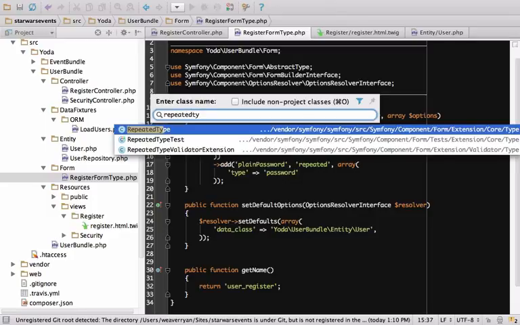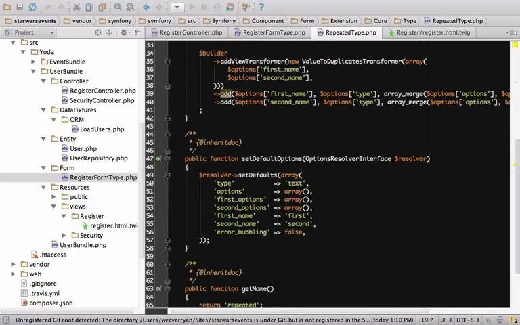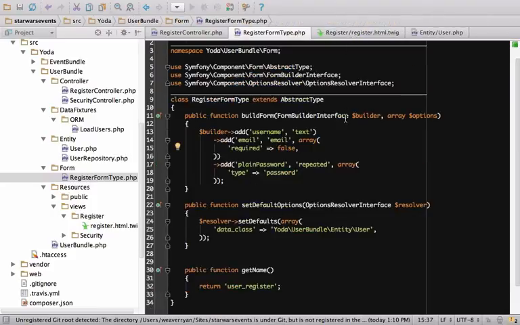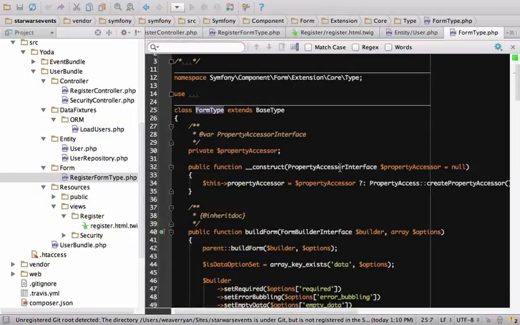For the repeated type, there's a class called, well, RepeatedType. The setDefaultOptions method shows you the options that are special to this type. Most of the global options are inherited from a class called FormType. In here, you can see required and a few others.